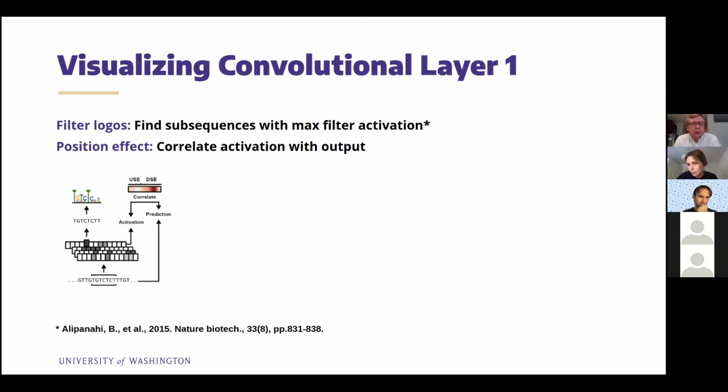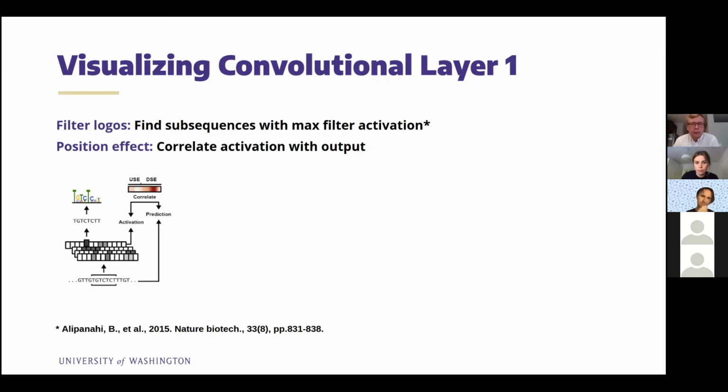So to start with, we employed a visualization technique that had previously been developed by another research group, where we essentially study each filter in isolation. So here, we're searching for subsequences. We try to find a representative set of subsequences from our data that result in maximal layer 1 filter activation for each filter separately. And we try to get a large representative set of subsequences that maximizes the filter activation that we can then stack into a position weight matrix such that we get a sequence logo that represents the consensus sequence of each filter.